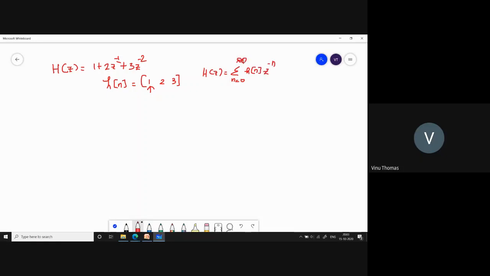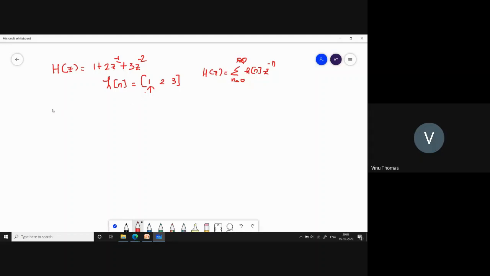Now I'll just write this as sigma n equal to 0 to infinity, because I'm looking at a causal filter. As we have seen, we are looking at real-time filters, so we are looking at causal filters. So there is no value for h(n) from minus infinity to minus 1. So this is our filter 1, 2, 3. How many samples are there in the filter? Kyriakos, how many samples are there in the filter? Sir, 3. 3 samples. So is it an IIR filter or an FIR filter? FIR. So this is an FIR filter because there are a finite number of samples in the impulse response. So h(n) is 1, 2, 3.